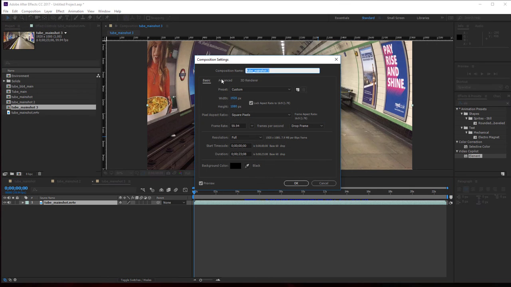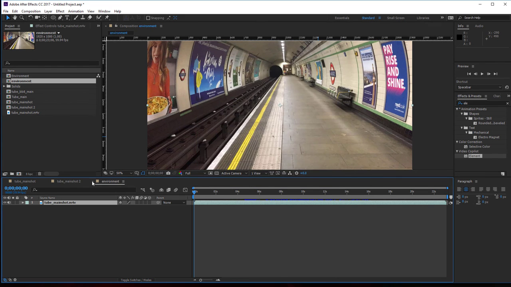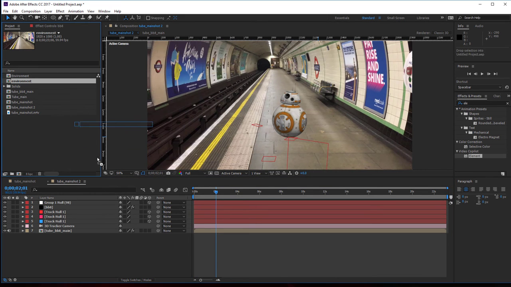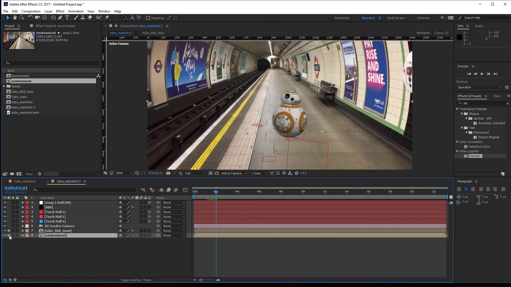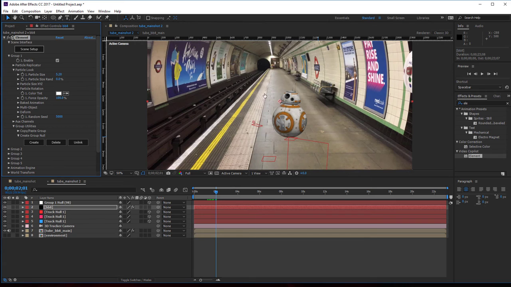So if we go to our composition settings and we type environment, my spelling, it's not my spelling, it's my keyboard, it sucks. There we are, and then just close that down, and then we bring that into our main comp here, shut it down, and then if we go into our element scene,